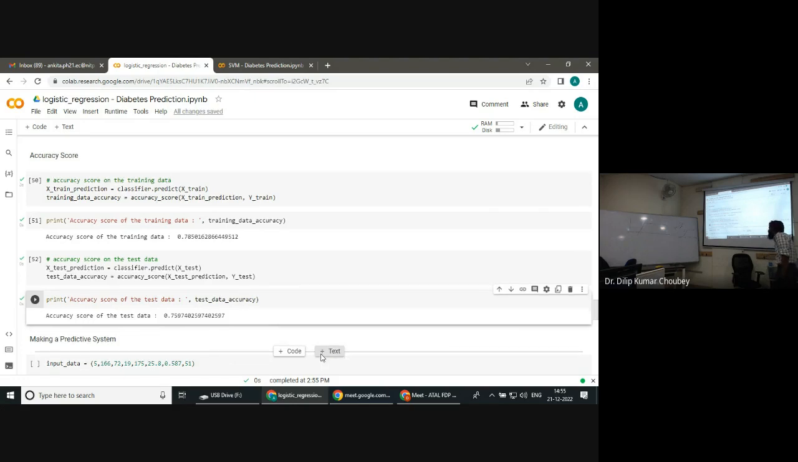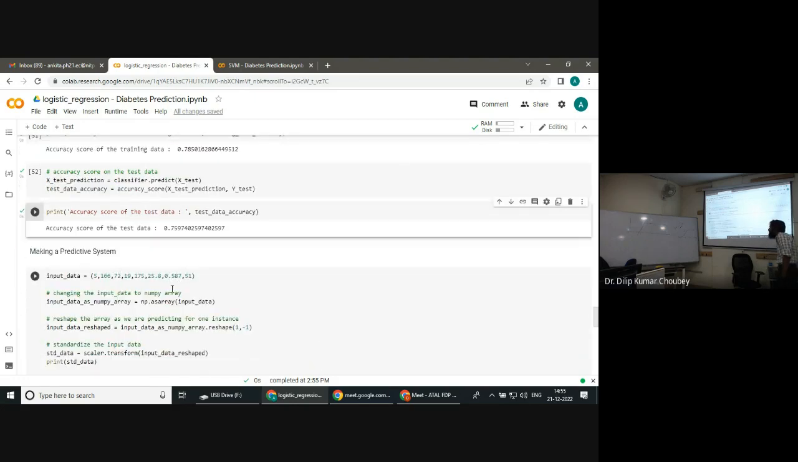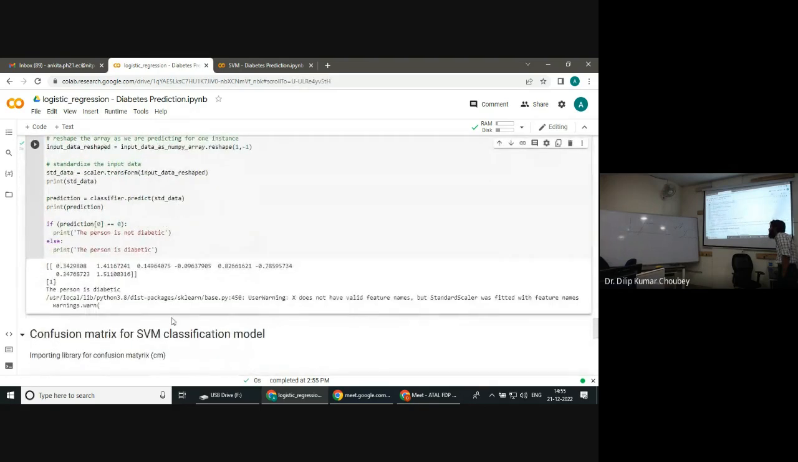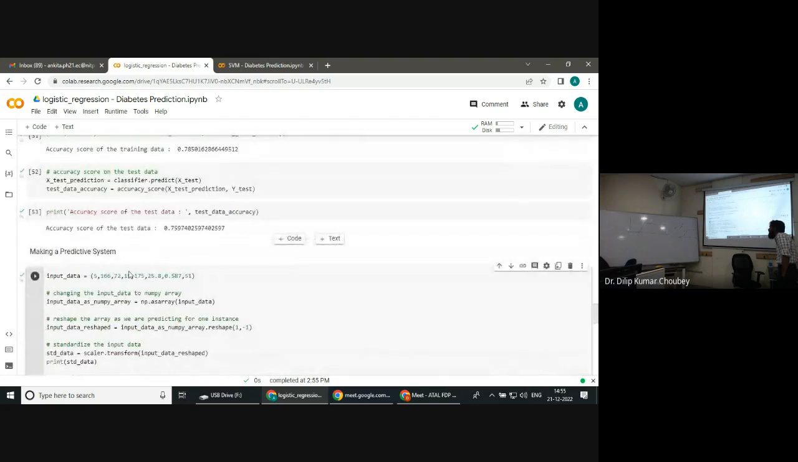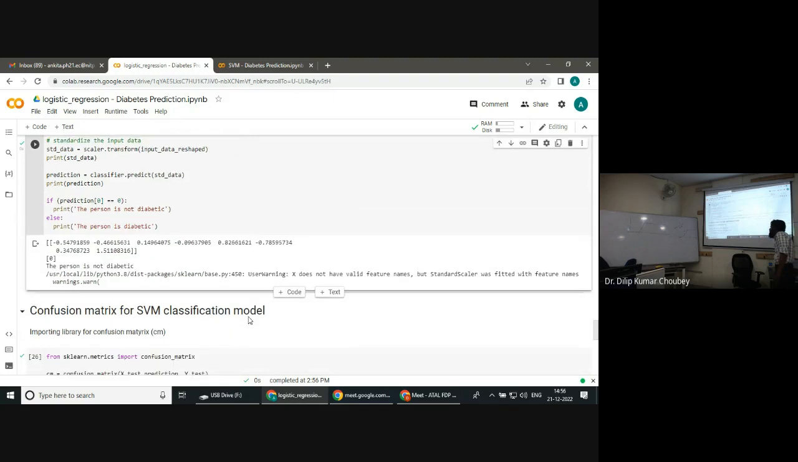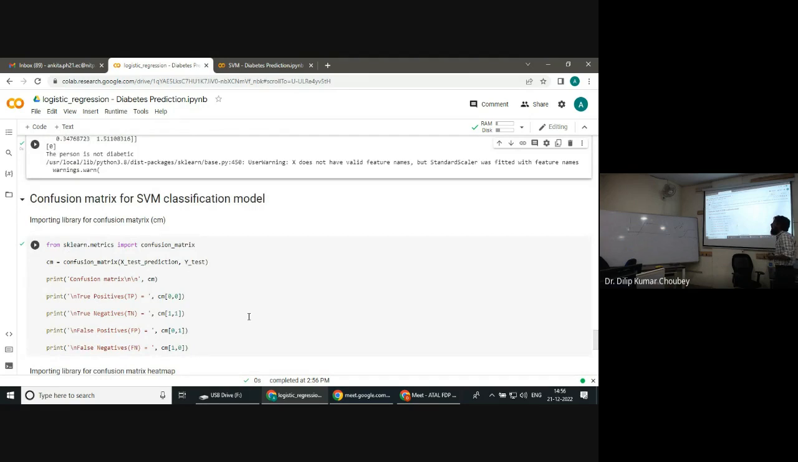Now again, we took some random values over here and we check whether the person is diabetic or not. And the answer is the person is diabetic, and I showed it to you yesterday that if I change the values here and here, and then run it once again, the person will turn out to be non-diabetic. Okay. So we did some more studies on how to create a confusion matrix out of this database for better